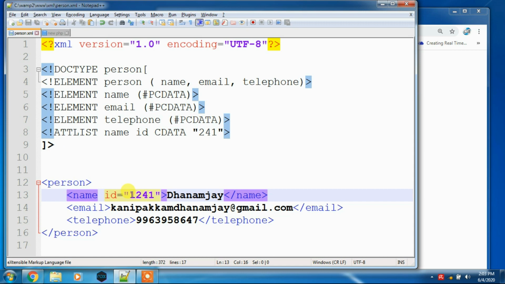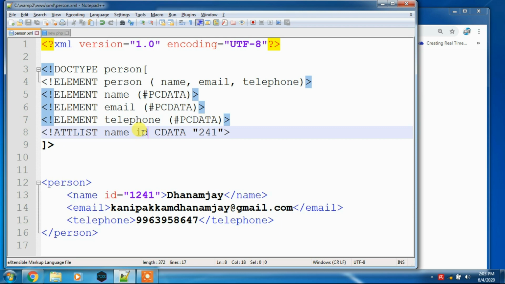So that means whatever attribute you specified, that is ID, if the attribute ID value is given here itself, then it will be valid. If you are not specifying ID here, the program won't work at all. That is the difference. You can write any ID also.